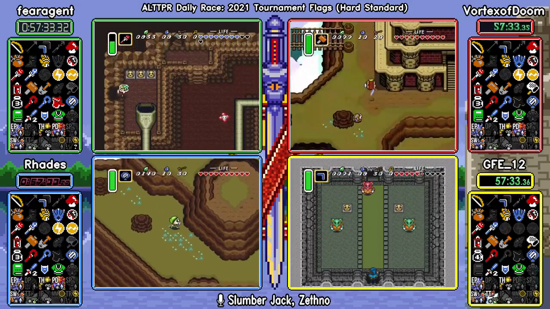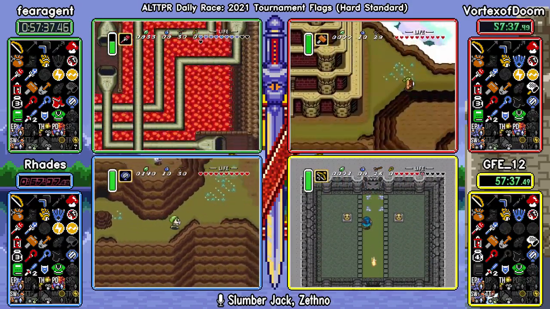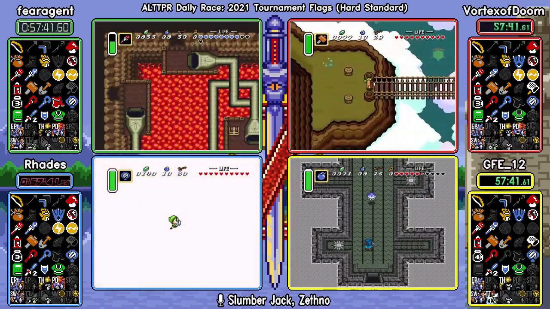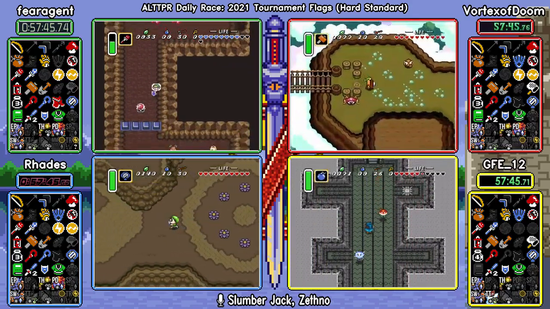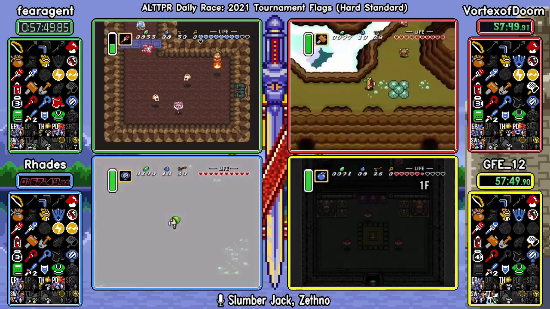So how do you feel at this point if you find out it's a pet seed? There's still some other things left to do. I mean, there's still the rest of Turtle Rock. When Fear Agent exits here, he's going to probably go to Spike Cave, clear that out. And then after that,